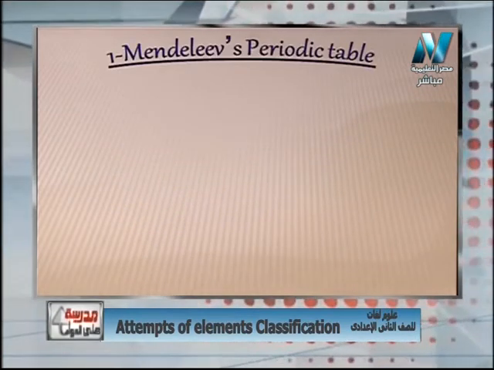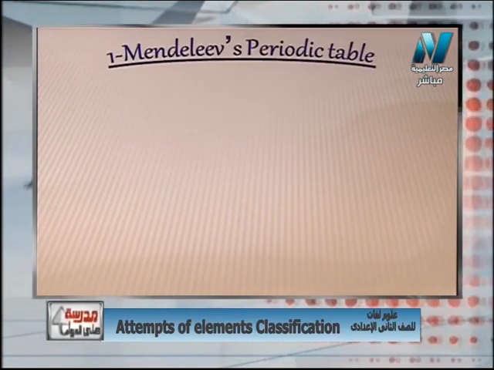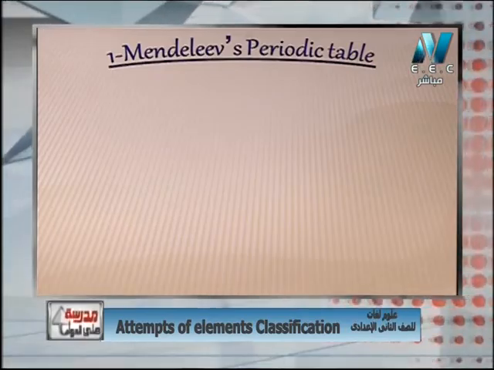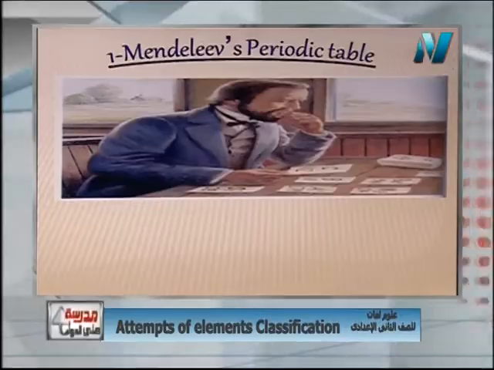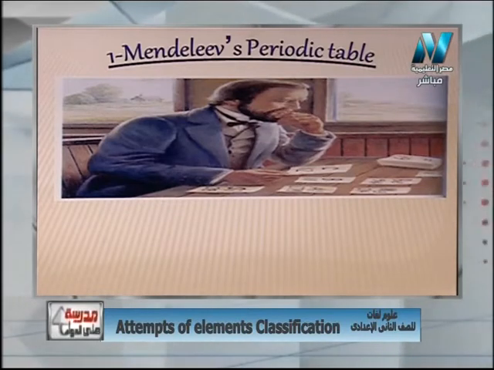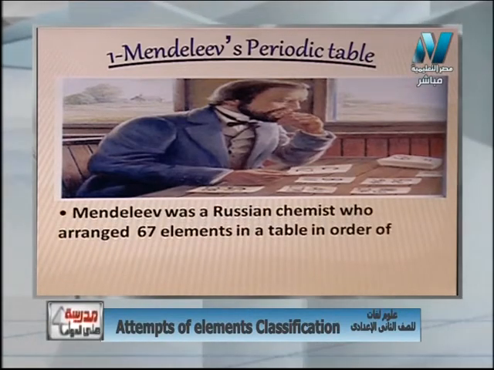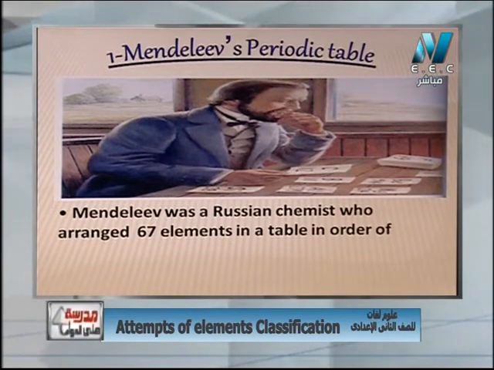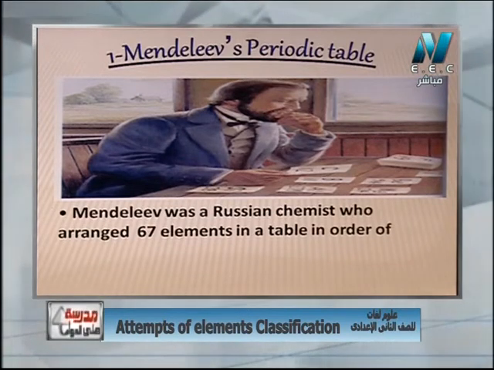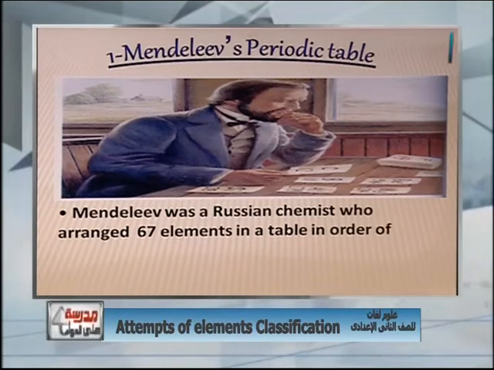Okay, let's start with Mendeleev's periodic table. Who's Mendeleev first? Mendeleev was a Russian scientist. Okay, let's see his picture. So Mendeleev was a Russian scientist. Okay, he arranged the 67 elements in a table in order of